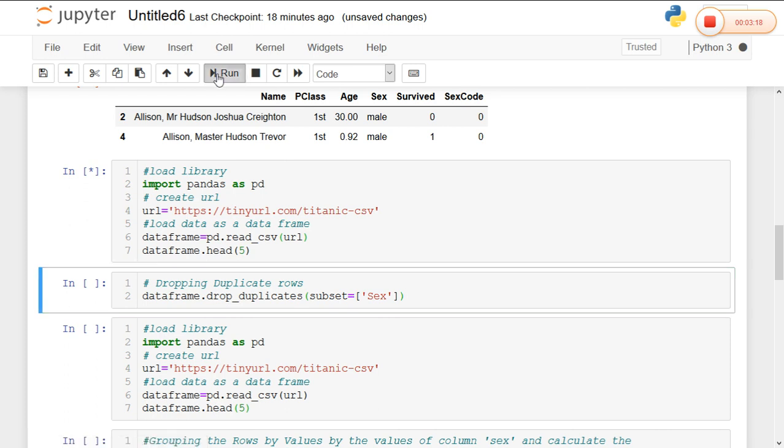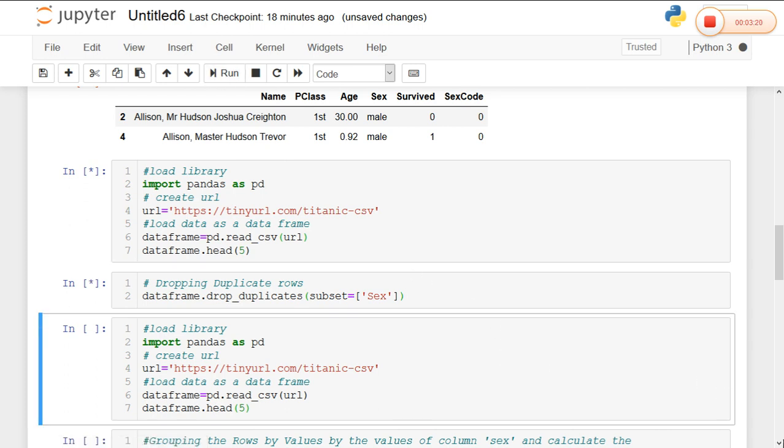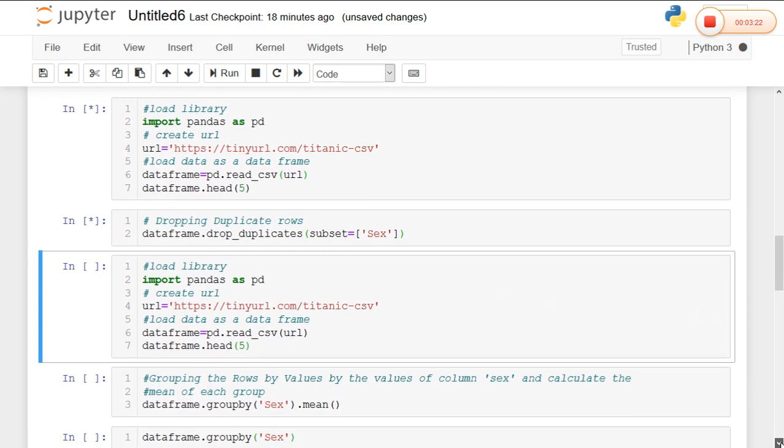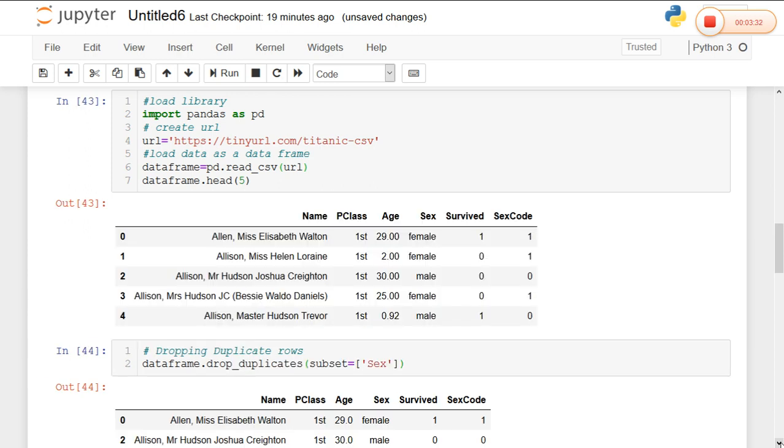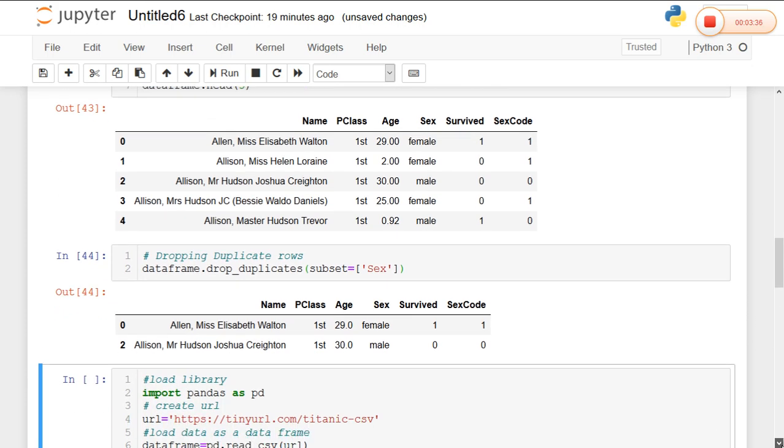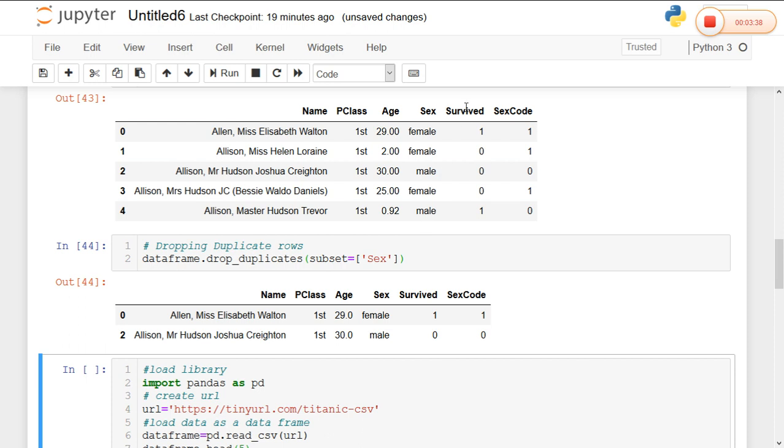So I am running this line also. We got the output. Here we are getting only the female and male rows and removing all the duplicate rows.